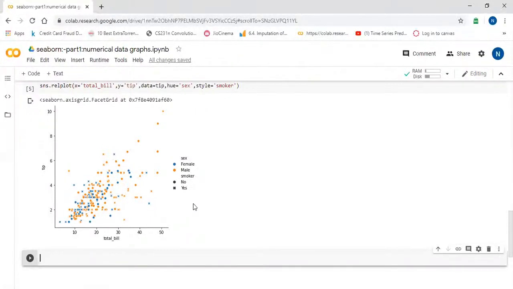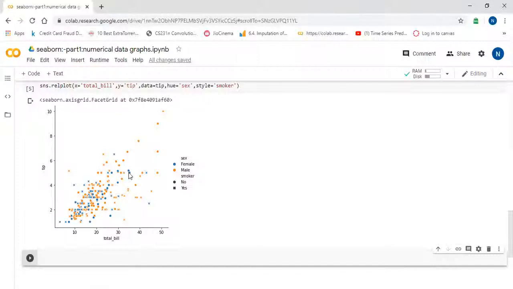So now you can see with hue we are differentiating on the basis of color. Then what does style do? Style has different shapes. Circle is for no and cross is for yes. So we can interpret some data, suppose this point. The total bill is around 38 or something, and the tip is around 5 point something.